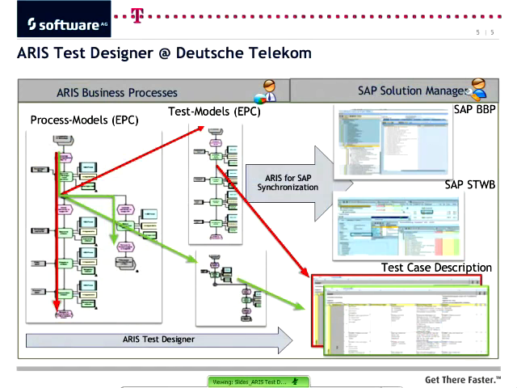The ARIS Test Designer, you can see here an overview up to which level the Test Designer is used at Deutsche Telekom. On the left side, we see the process models here in an EPC, event-driven process chain. And using the ARIS Test Designer, out of these process models, the Test Designer generates automatically in that case, the two different test cases. And based on these test cases,